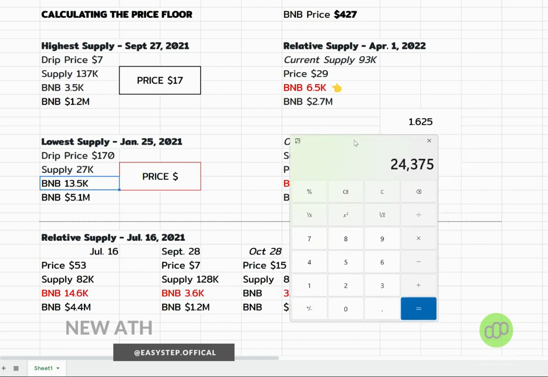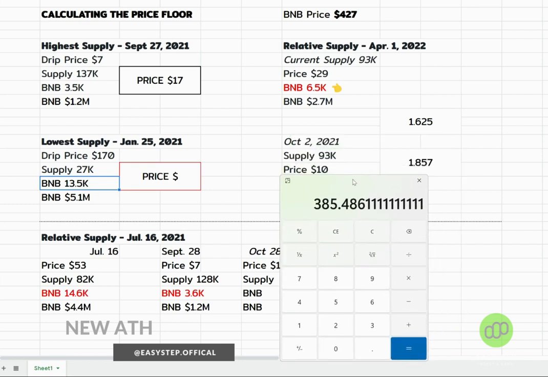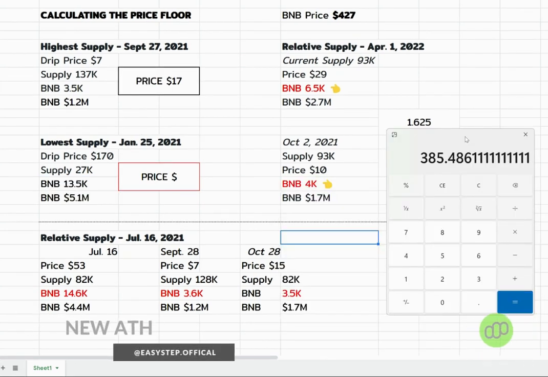Okay, so now we're going to multiply this new BNB balance by the BNB price, which is $427. And that gives us a BNB value of 10.4 million. And we're going to divide this by the DRIP supply of 27,000. And that gives us a DRIP price, new all-time high, of $385. Now, this forecast or price prediction of $385 is assuming that the BNB price will be the same,